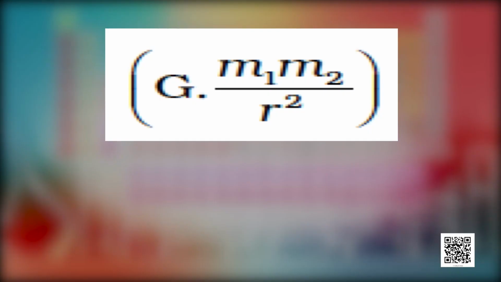So, my dear students, you have already learned about Rutherford's nuclear model of an atom, which is like a small-scale solar system, with the nucleus playing the role of the massive sun and the electrons being similar to the lighter planets. When classical mechanics is applied to the solar system, it shows that the planets describe a well-defined orbit around the sun. The gravitational force between the planets is given by the expression G m1 m2